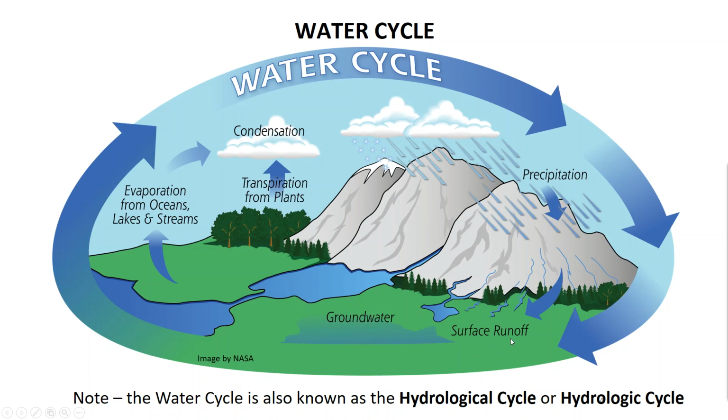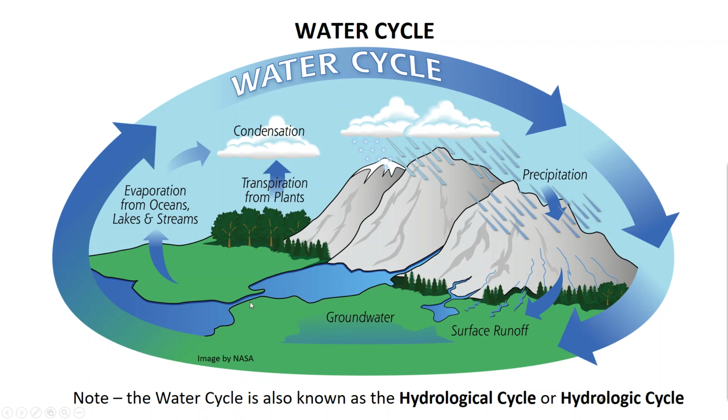So we've got the surface runoff. So when the water hits the ground and starts moving across the ground, we call it runoff. Basically, it's rain running off the ground. So in the air, it's rain. When it hits the ground, it starts being called runoff. When it gets into our systems, we start calling it stormwater. So those are all referring to the different stages of the water as it moves through.